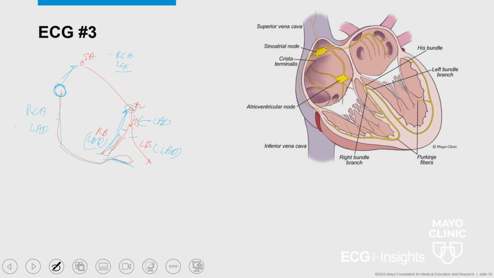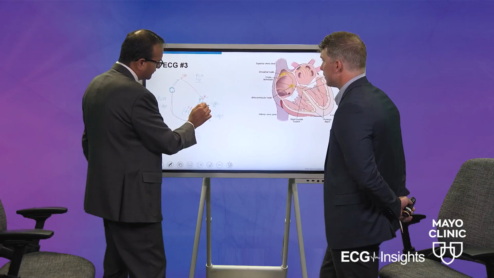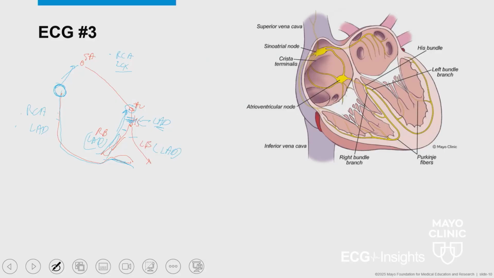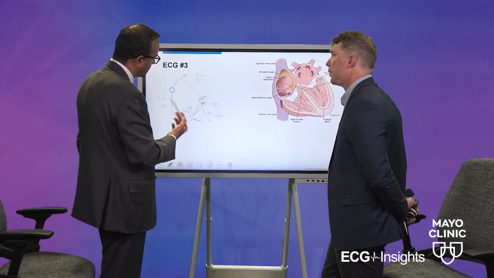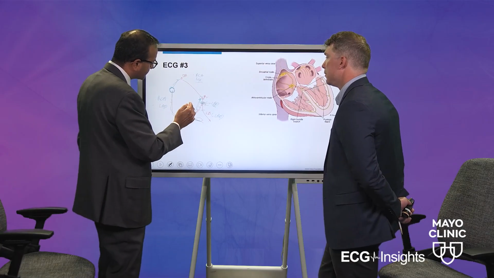But now if you have complete heart block because of an LAD infarct, that means you have infarcted the His, that is never going to get better because you don't have dual blood supply for the His bundle. So if you have a complete heart block in setting of LAD infarct, that is not going to get better. So the first ECG you showed of STEMI, that patient had an LAD infarct, fortunately did not have complete heart block because that complete heart block would not get better.